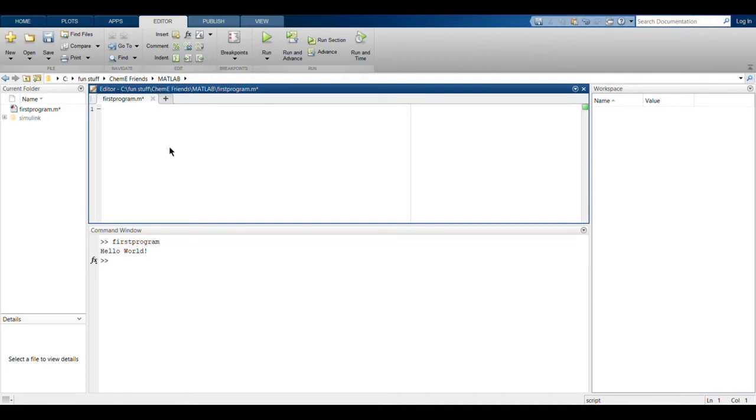For example, I'll write a variable a as 6, and I will write if a is greater than 6, display a is greater than 6, and obviously the other alternative will be else, we'll type a is less than 6.